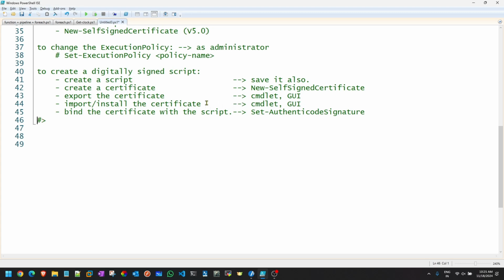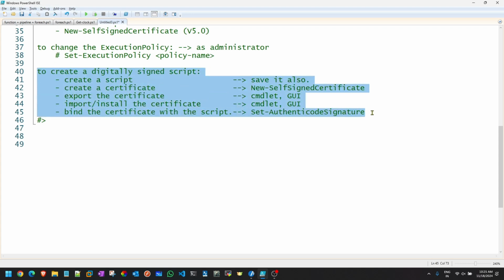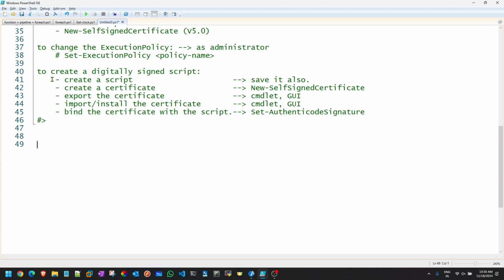That is the procedure to basically create your digitally signed certificate. You have to follow this procedure one by one, exactly in the same order, and then it will work out flawlessly. So now let us start with this procedure one by one.